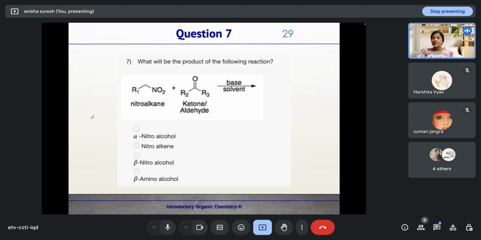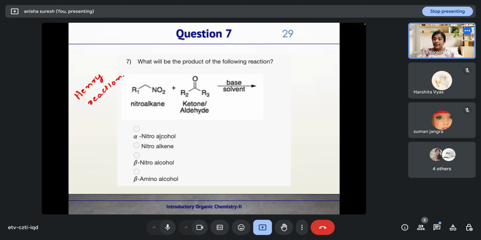Now coming to question number 7. Which will be the product of following reaction? So what is the name for this given reaction? Henry reaction. Yeah. So the reactions involving nitroalkanes, it is known as Henry reaction. Nitroalkane will be reacting with ketone or aldehyde in the presence of a base, giving